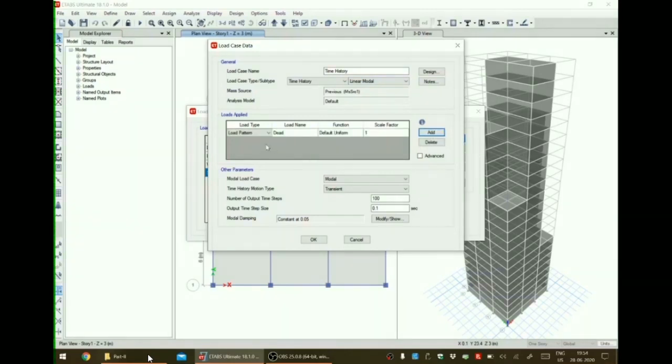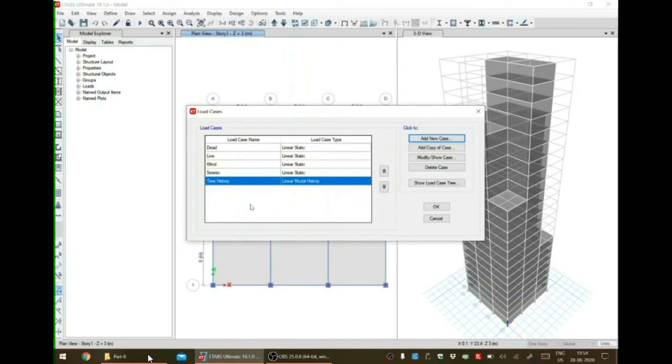Now add load pattern acceleration. The function is the time history. Now the scale factor will be calculated as before. It will be 1633.5 Ig by 2R. Now click on OK and the time history load case is created. Click on OK again.